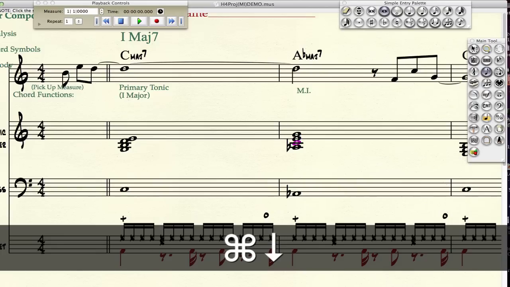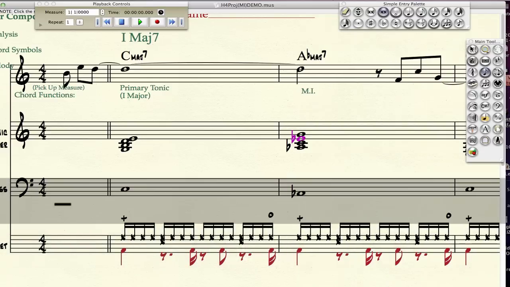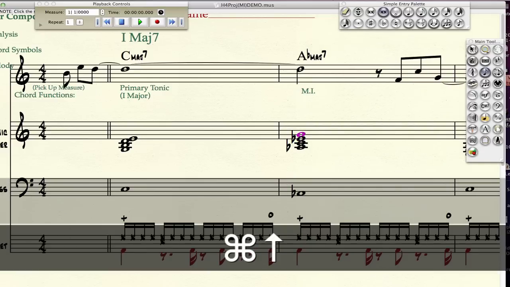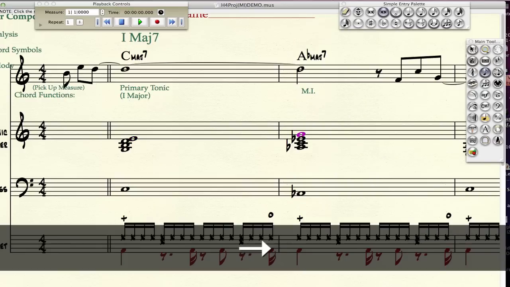What kind of third do I need? A natural. What kind of E do I need? That's right, E flat. And what kind of G do I need? G natural. So now I've spelt my chord right, and then you move the notes to create the correct voice leading. So that's not terrible voice leading, but we can have it better if we put that G down an